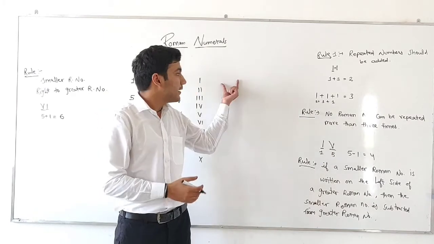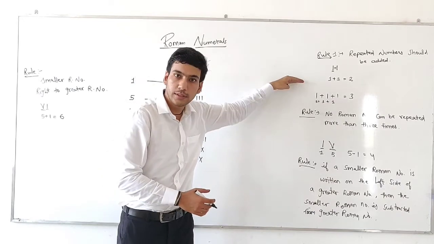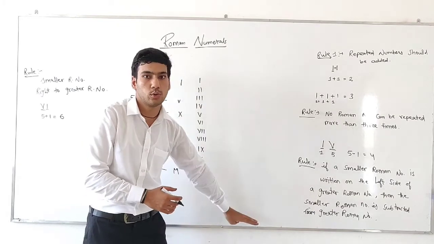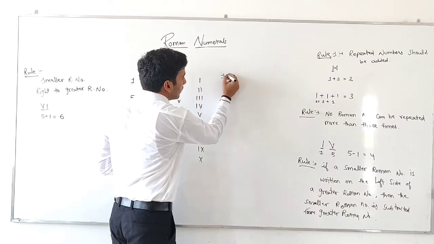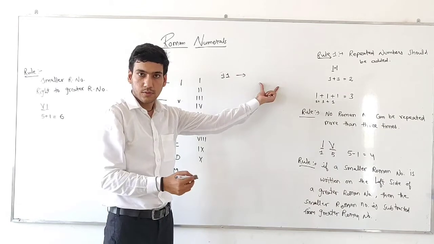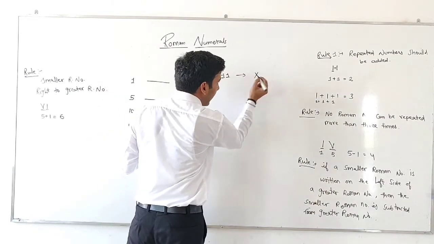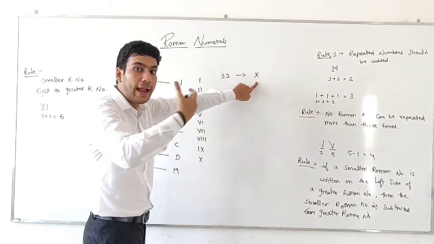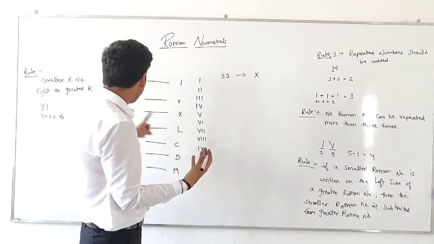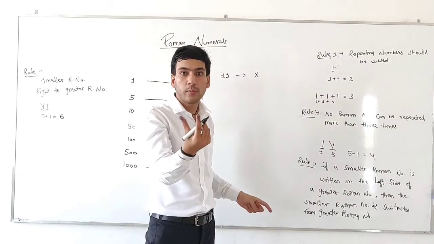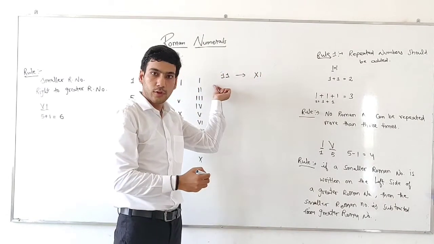Now we learn how to write Roman numbers after 10. That is, what is the Roman symbol for 11, 12, 13 and so on. So what is the Roman symbol for 11? As you have learned, Roman symbol for 10 is X. And if you add 1 to this, that makes you 11. So how to add any Roman number? Just put smaller Roman number in right side. That is this. So this is the Roman symbol for 11.